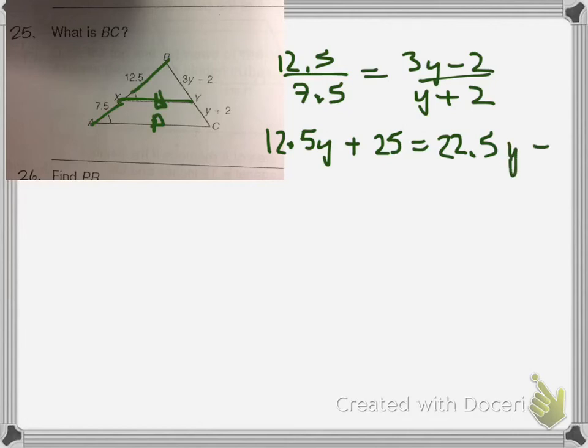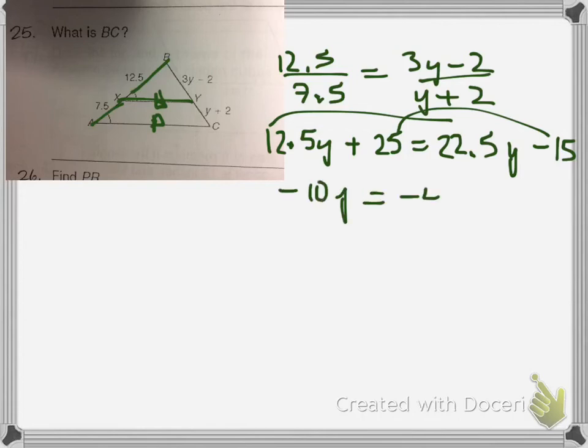22.5y minus 15. And you know how I like to do things, variables to the left, numbers to the right. I would have ended up here with negative 10y is equal to negative 40, divide, and you have y equals 4. So if you want to find BC,